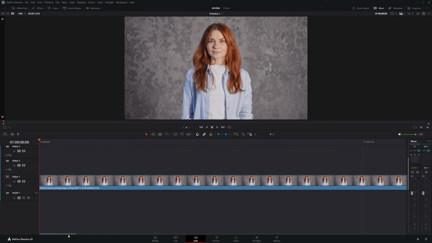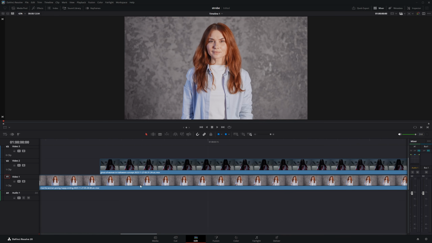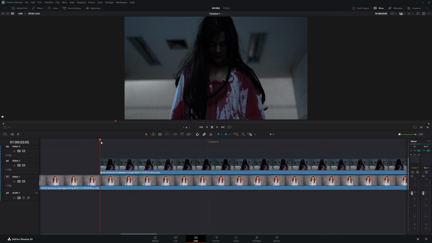I'll zoom in on the timeline to make precise cuts. Zooming in helps you see exactly where each cut goes, so the timing looks clean and sharp when you play it back. Now I'll move 3 frames forward on my second clip and make a cut using the blade tool